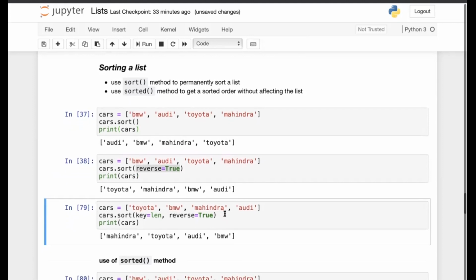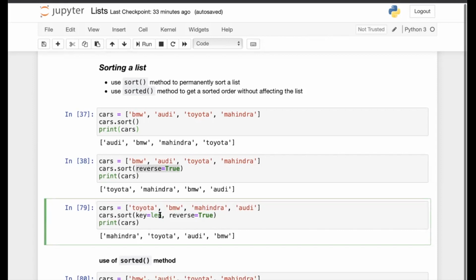You can also sort according to some other parameter. Here we are sorting based on their alphabetical or dictionary sequence, so the word which comes first in the dictionary would be placed first. Now, you may not like to sort this way. You may say that you would like to sort according to the length of the string. So you can just pass the len function as an argument to the parameter key, so key is equal to len.